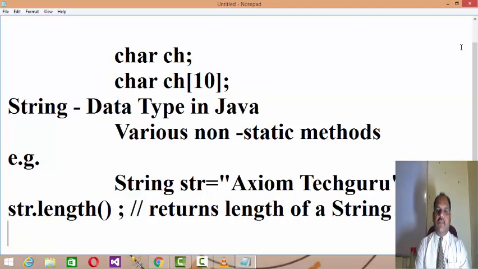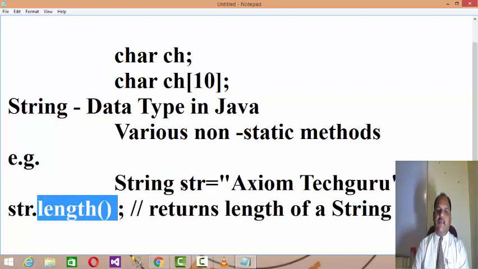String is a data type in Java. You have to declare a variable and assign the data to it. It's a class available, and it provides you the non-static methods. Here str becomes an object of the String class.